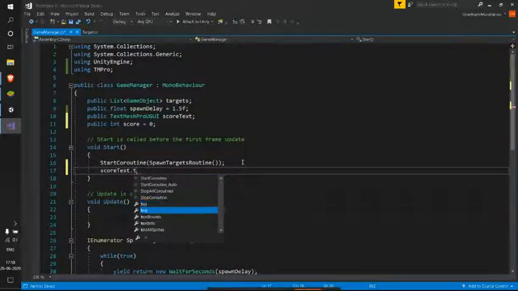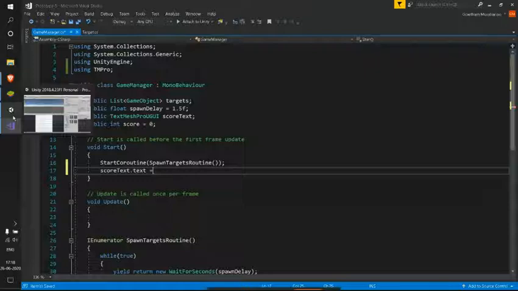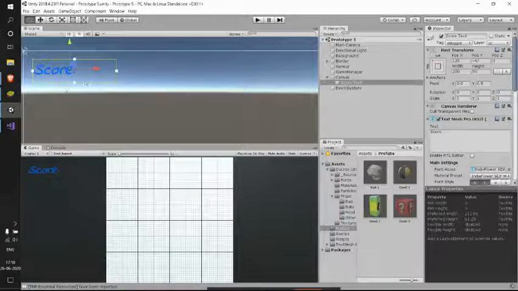So I have this score text property. Just see this. As we have declared this as TextMeshProUGUI, and that variable name is score text.